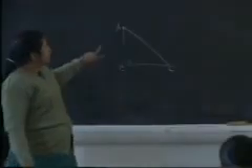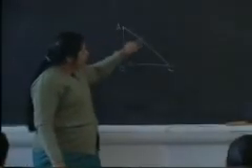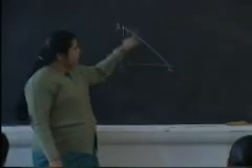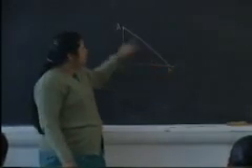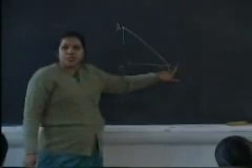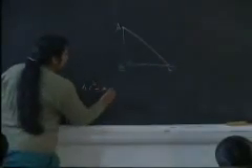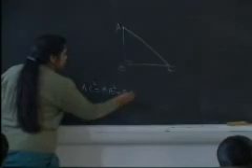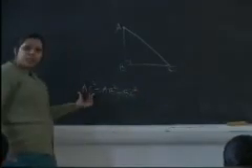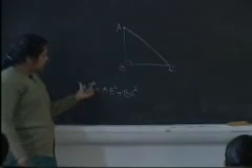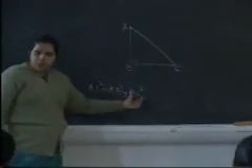This side, the biggest side, is also known as the hypotenuse. The Pythagoras theorem states that the square of the hypotenuse, that means AC square, is equal to the sum of the squares of the other two sides. That means AC square is AB square plus BC square. This should always be the biggest side or the hypotenuse. So AC square is AB square plus BC square.